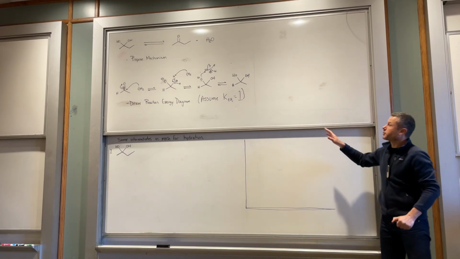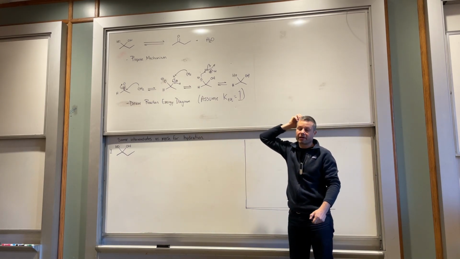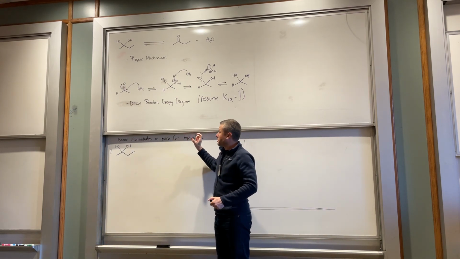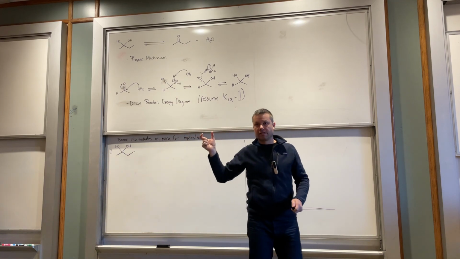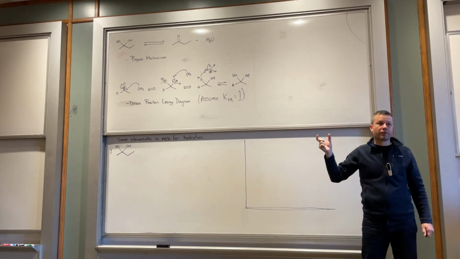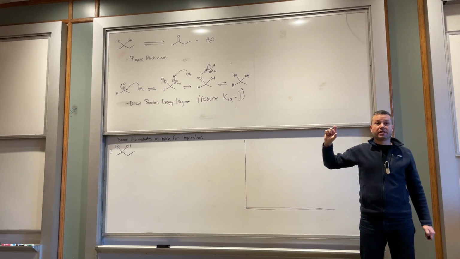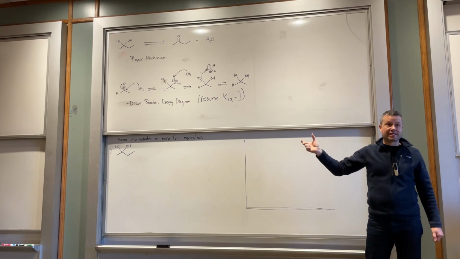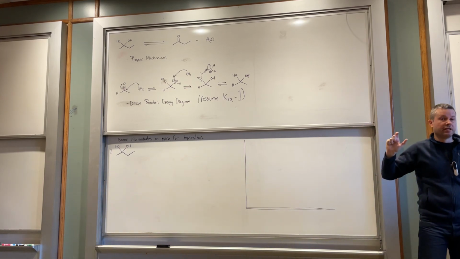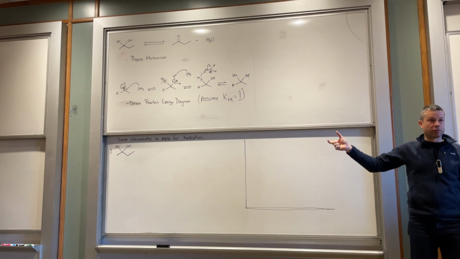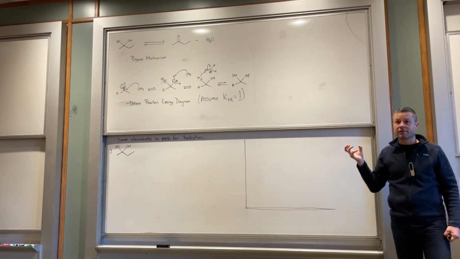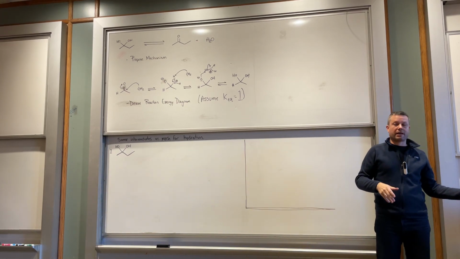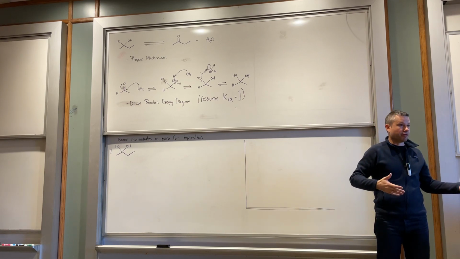So let's go over this. Okay, so look at the proposed mechanism for the top reaction first. Think about these equilibrium mechanisms, right? The reactions that can go both forward and backward. When you're thinking about the mechanism in one direction, you're going to be using the same exact starting materials, products, and intermediates as in the reverse direction. So all of the molecules, all of the structures will be the same. You just have to rationalize different arrows that take you in the reverse direction rather than in the forward direction,